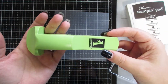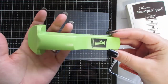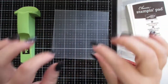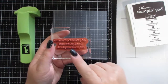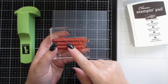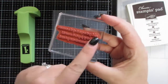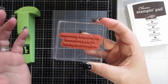Stampin' Up! used to do one. I don't think they do it anymore, but you can find this online. Amazon's got them, so just a case of getting one. And I think it's good to have this as well as a stamping platform, because with this you could be more precise, especially if you are stamping sentiments with red rubber stamps. With a clear stamp you can see through it, so it's easier to actually see where you're stamping, whereas with these, especially when there's a lot of detail on it, like a lot of writing or fancy wording,